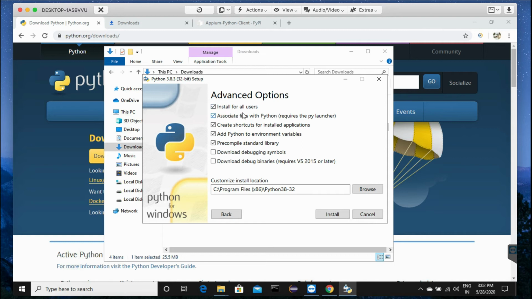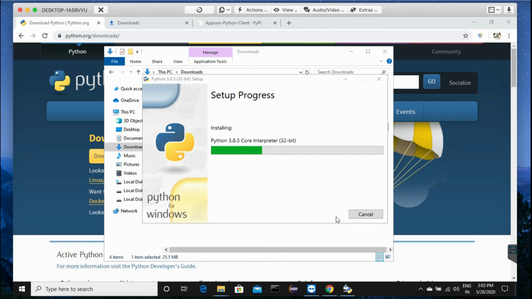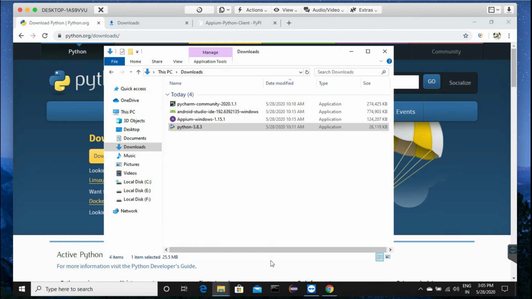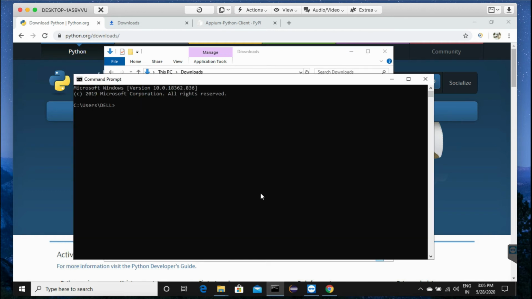This is because, take an example, in your Windows PC there are 2 more users. If you check this box, this Python will be available for all the users. Okay, and I'm going to install in this path, in our C folder, inside this folder Python38-32. In this path I'm going to install now. Okay, and click on install now. It will take some time, depending upon our internet speed. And see here, now Python got successfully installed.